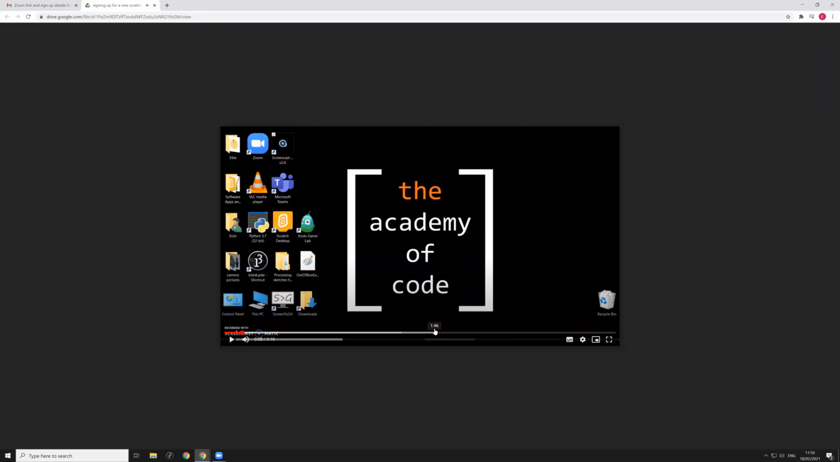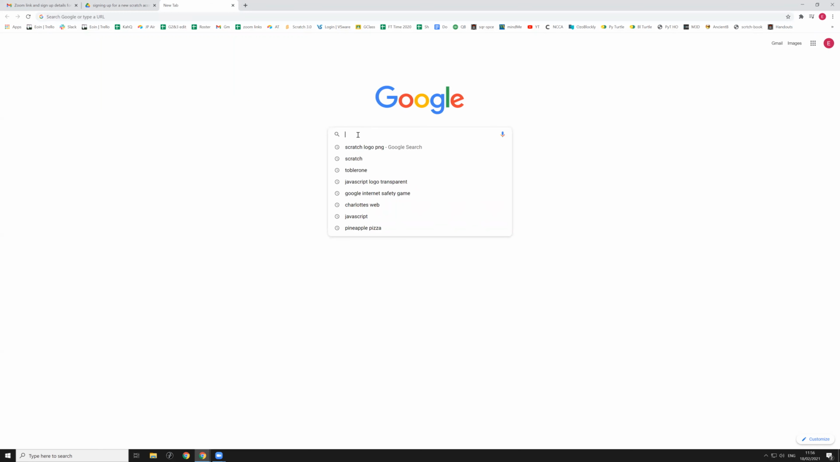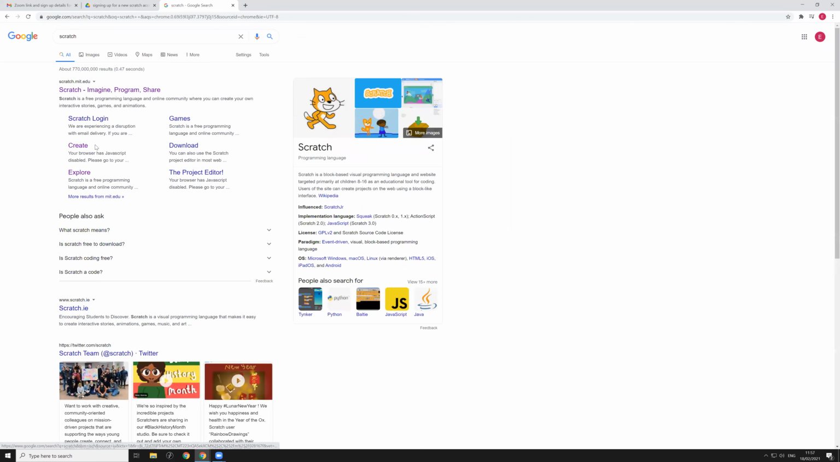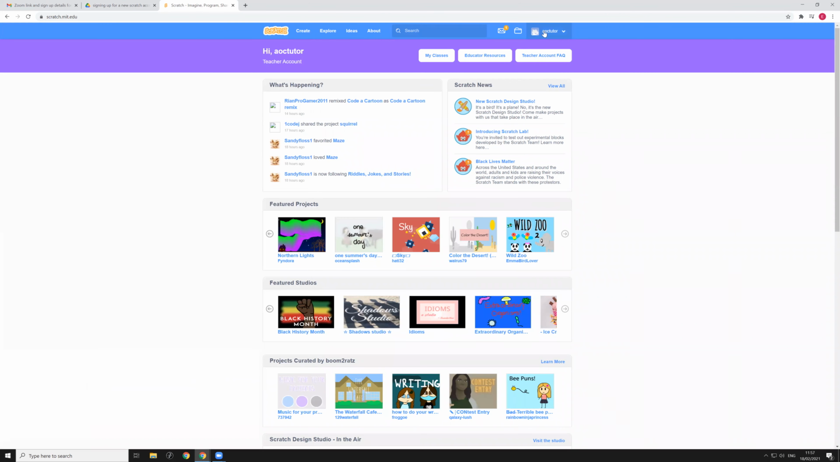Okay, so I've gone through all of this and I have signed up for my Scratch account. I now already have a Scratch account. I'm going to open a new tab. And in the new tab, in Google, I'm going to type in Scratch and click on scratch.mit.edu. And I am going to click on